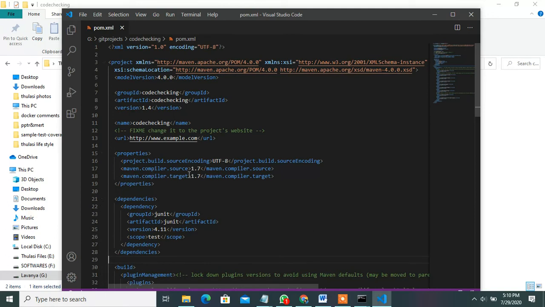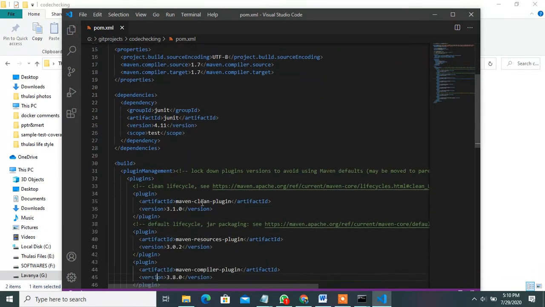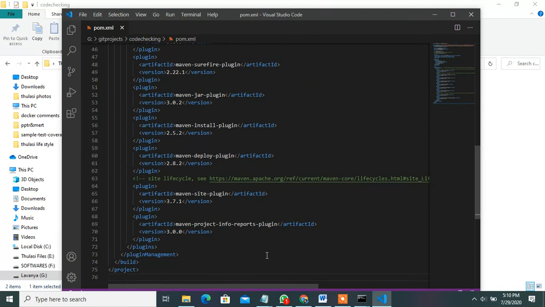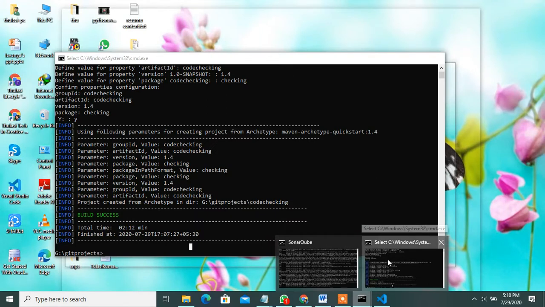Under properties you mention the sonar encoding section and the plugin. Then under dependencies you install the Maven plugins, which create a jar file. Then that code can be checked, and you deploy it to the SonarQube server.